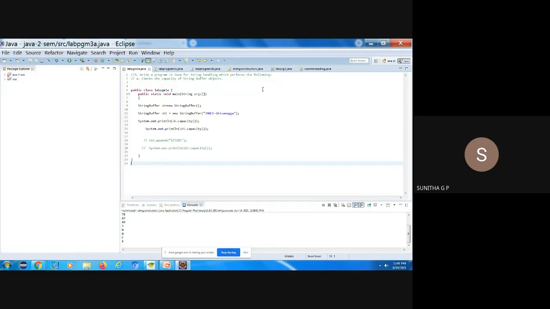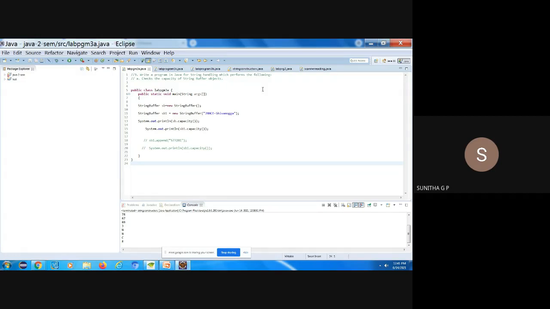Okay, so there we have to use the built-in reverse function and the uppercase conversion functions. The reverse function is not available in a string, so we have to reverse a string by converting it into an array, where I'm making use of the toCharArray function. Given a string, convert that into a character array, read from the end, and store in a reverse string. So the given string will be reversed. Then use the toUpperCase function and convert into uppercase.